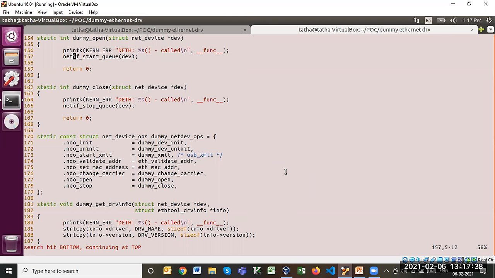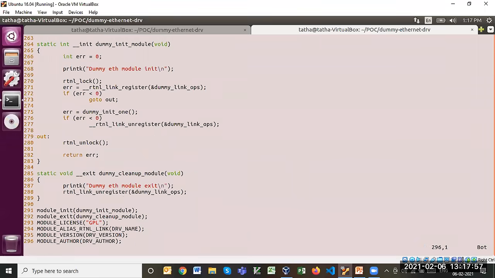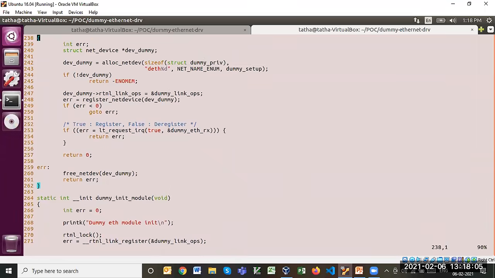Interface creation and deletion is in the hands of the device driver, through the network stack obviously. Whenever you call register_netdev, at that time an interface is created, and similarly there is a counterpart, something like unregister_netdev.